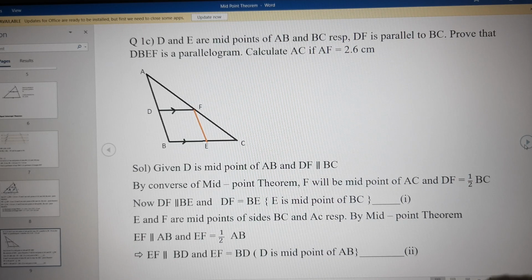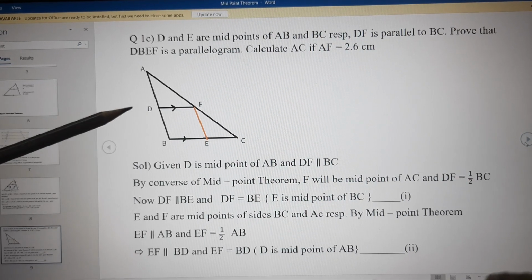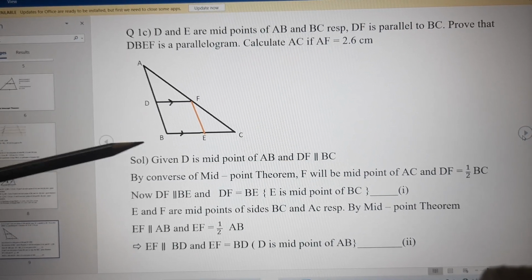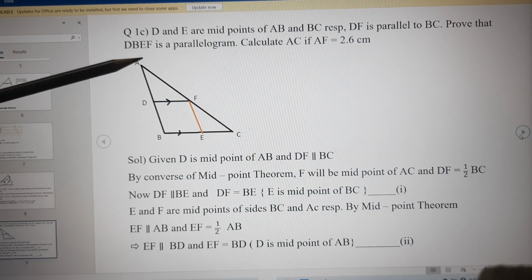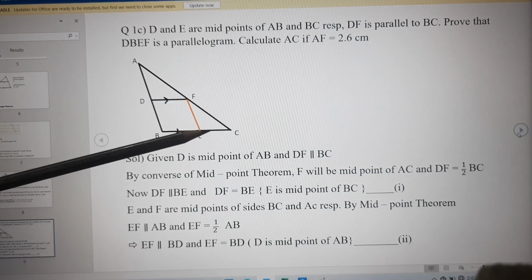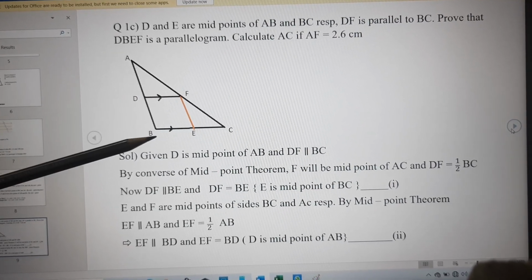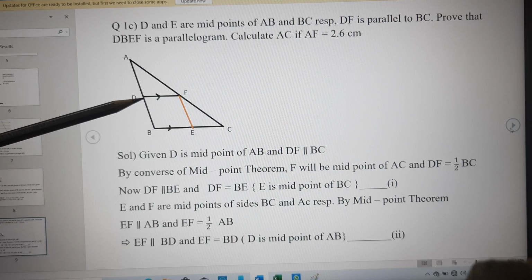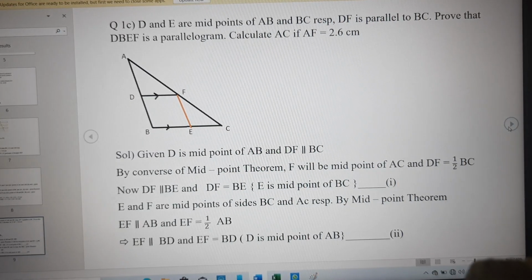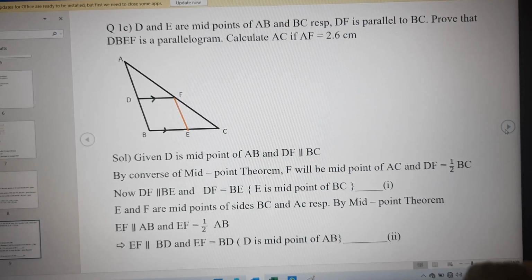Okay. So we'll pick up first of all, in triangle ABC, it is given that D is the midpoint of AB. Only one midpoint is given. D is the midpoint of AB. It is given that E is a midpoint, but we are not taking it right now. We are taking that D is the midpoint of AB. And a line which is passing through D, DF, is parallel to BC. This is given. So by the converse of the midpoint theorem, two things are given.